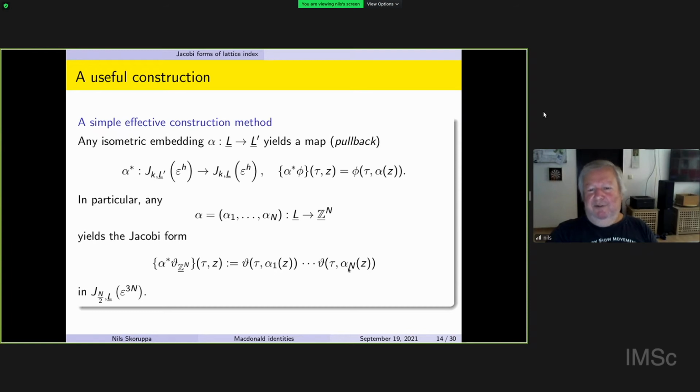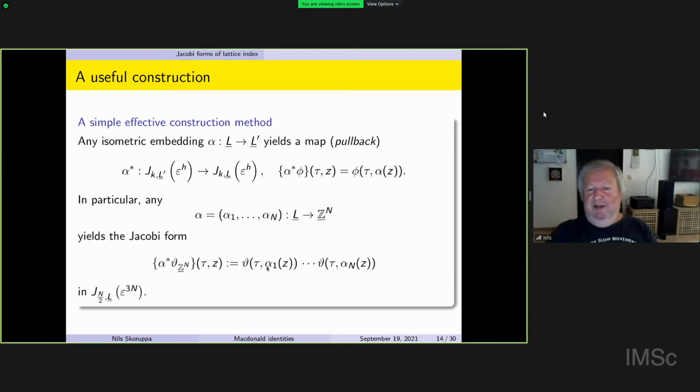So that is then a Jacobi form of quite big rank n over 2 for the lattice L that we have, right? L might be a one-dimensional lattice, for instance, and n might be 1000. Then we would have a Jacobi form of weight 500, but we want a Jacobi form maybe of weight 3 or 4. What we can do is try to divide this by a power of eta. If we do it correctly, then this condition for holomorphy at infinity is still fulfilled,